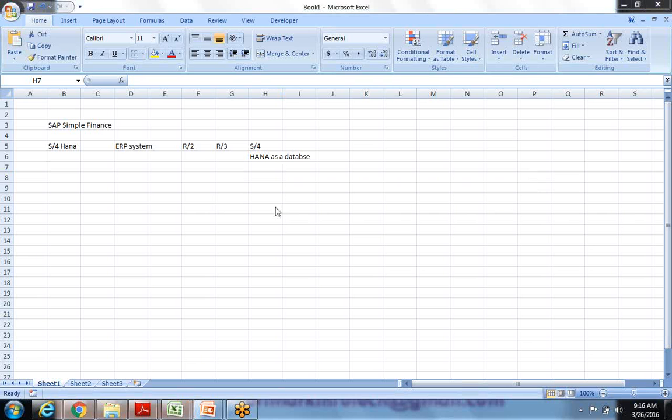Okay, fine. So SAP Simple Finance. Before looking at SAP Simple Finance, let us look into what exactly is SAP S4 HANA. It is also called SAP S4 HANA Finance. This Simple Finance, and